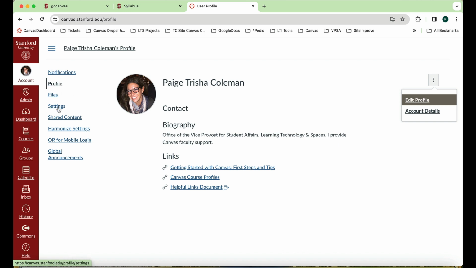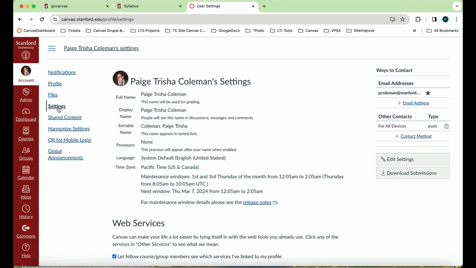I'm now going to navigate down to settings. And if you draw your attention to the right side of the screen under ways to contact, as you can see here, my Stanford email address remains my way to contact. We highly recommend that you keep your Stanford email address as the default way to contact. If you do not, it could create a barrier to entry for particular tools within Canvas.